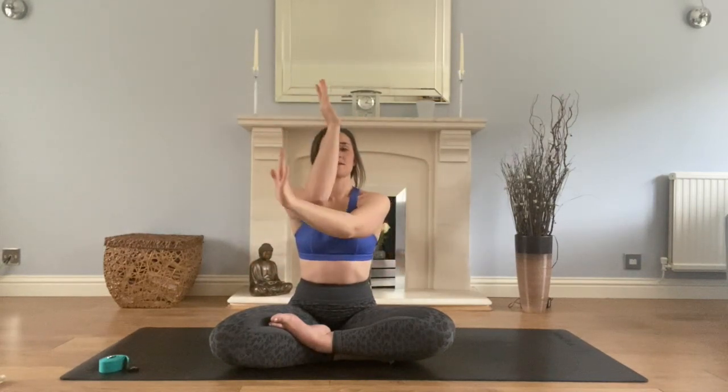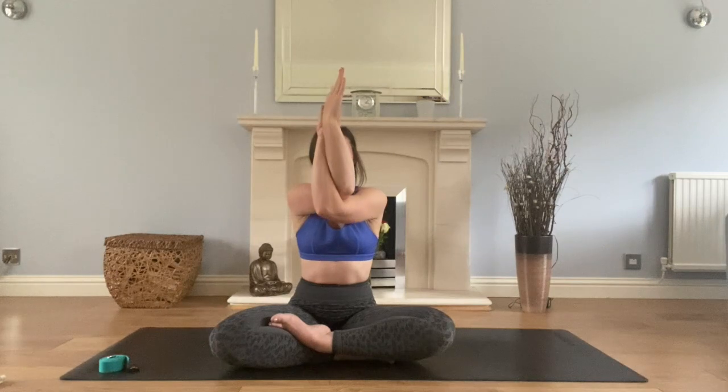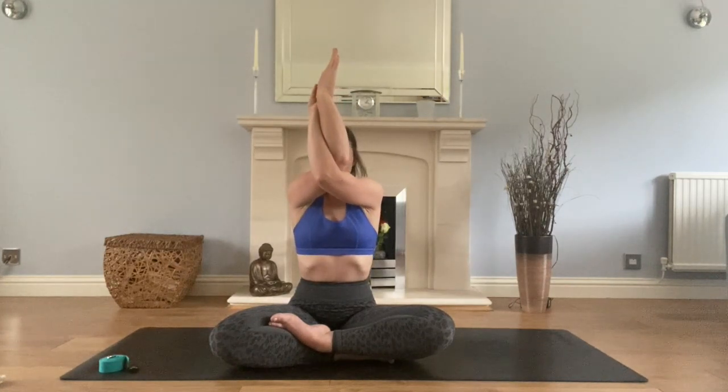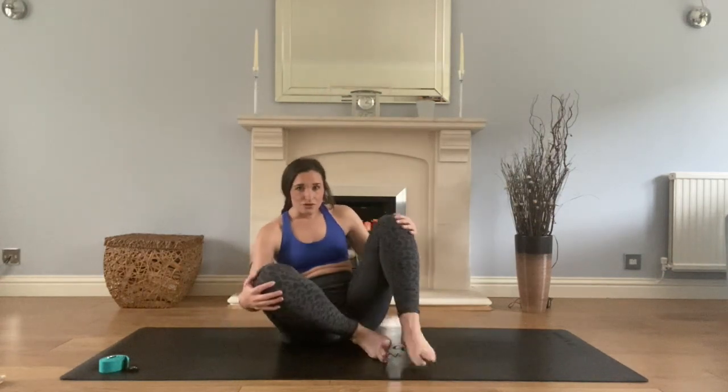Lovely, release. Opposite side, so the left elbow comes under your right, backs of the hands or palms together. Don't panic if you're just here. Again, take a nice full breath, inhale, lift up nice and high. Good, exhale, slowly release. Lovely, nice and slowly, just start to come onto your knees here, so you can come